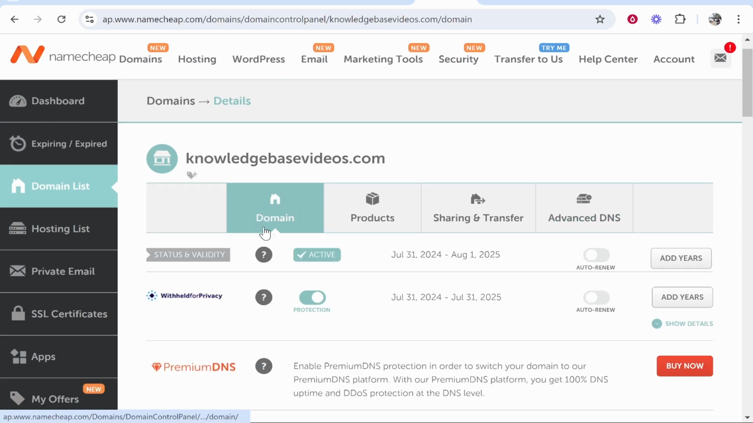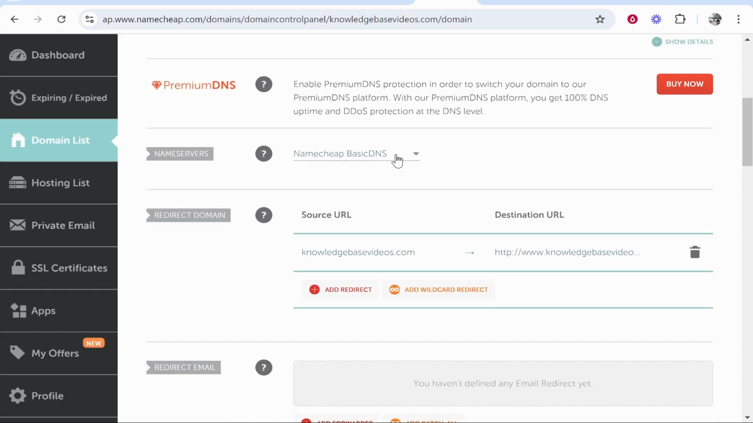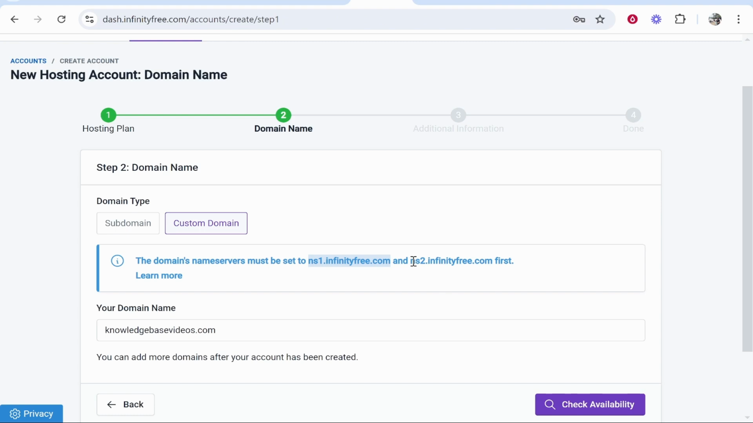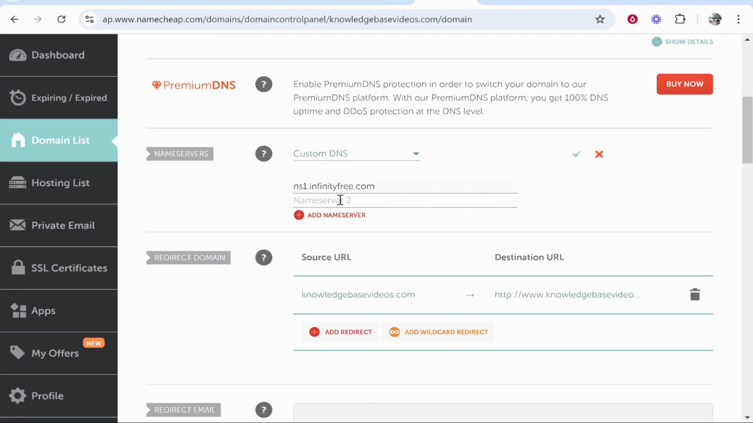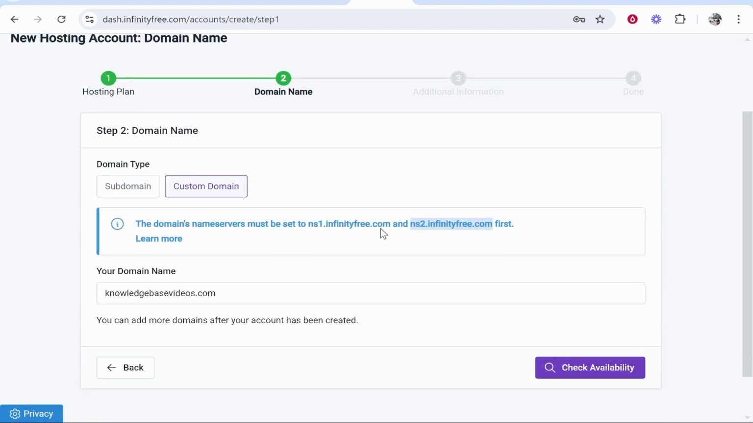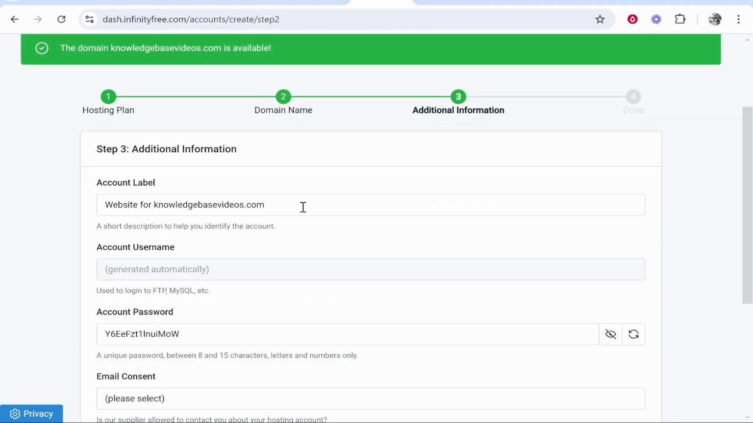From here, go to domain, and then if you scroll down, you need to change it from the NameCheap basic DNS to custom DNS. Then you can paste name server number 1 in the first box, and then copy name server number 2, paste that in the second box, then click the green tick. Now, if you have any redirects, make sure you've got them deleted, but now the custom name servers have been added. They can take up to 48 hours to go into effect, but you can check availability on the InfinityFree